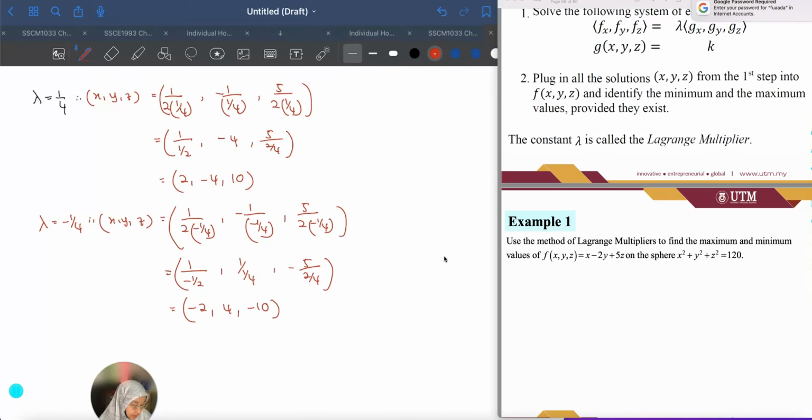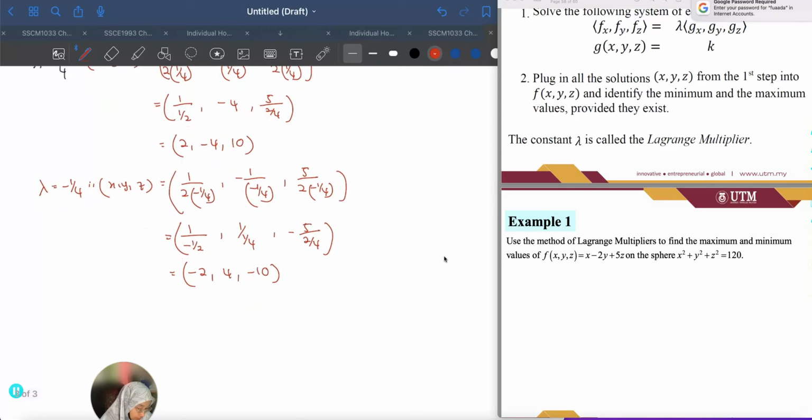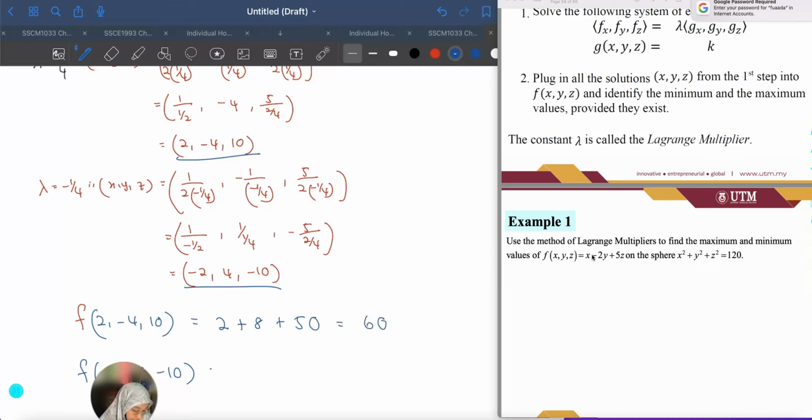So now you want to evaluate the value. So the last one, we evaluate the f at the point that we obtain here and here. So f at the 2, minus 4, 10. So we evaluate, and the other one, the function at negative 2, 4, minus 10. So when we substitute, your x is 2 plus 8 plus 50 will give you 60, and the other one is minus 2 minus 8 minus 50 will